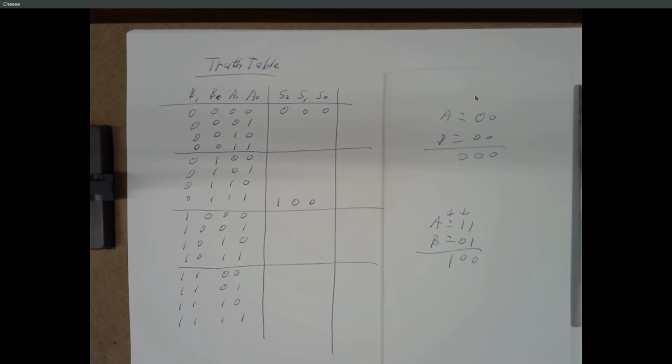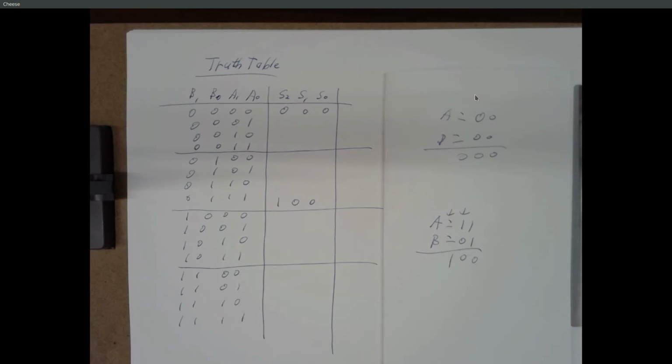The one that is 1 1 1. No, it should be 1 0 1. Oh, right, you're right. You want to write that one so that we make sure everybody's all right. So if you finish this, 1 0 0,